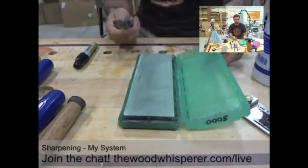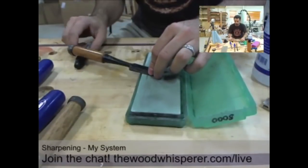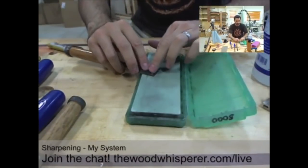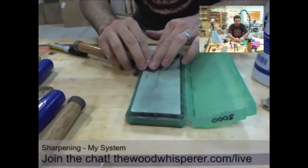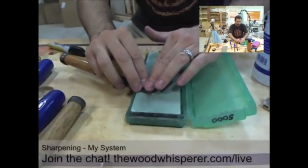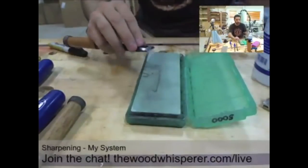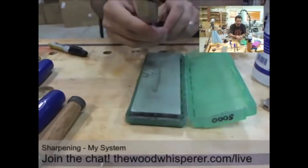All right, we do want to get rid of that burr, so right back onto the 8,000 grit. Just going to address the back of the chisel. Use a very light touch. Really not putting much pressure at all. I'm pretty much letting the chisel's weight do the work here. And that's it. All I wanted to do was remove that little burr, and now this guy is razor sharp